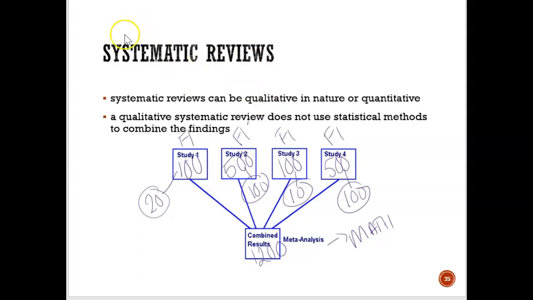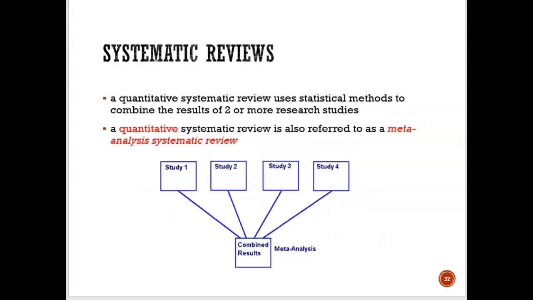If you see a systematic review paper and there are no numbers, it's just words and quotations, then it is just a systematic review. So a qualitative systematic review, a paper with just words, doesn't use any math to combine the findings. So here is an example